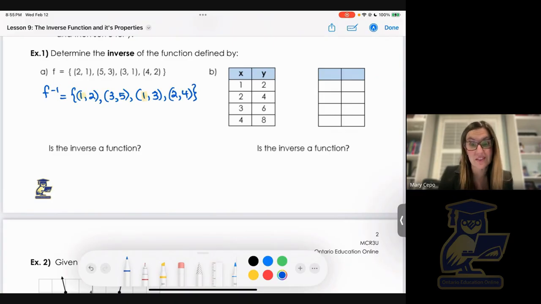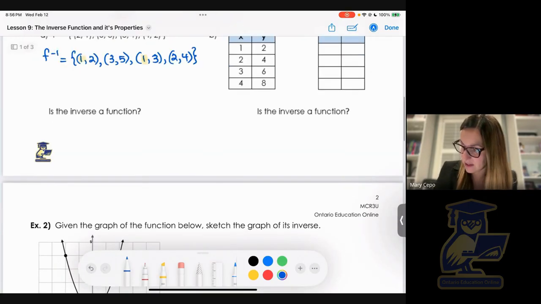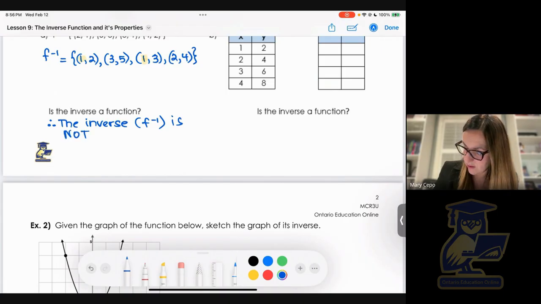However, in our case, that's not the case. We have two values of x that have two different y values. So therefore, we can say the inverse, and the notation again is f inverse, is not a function